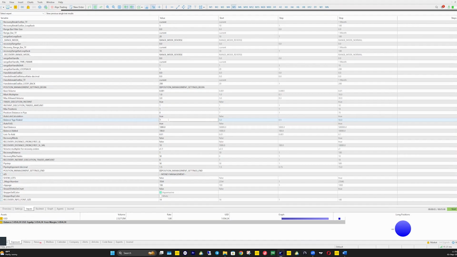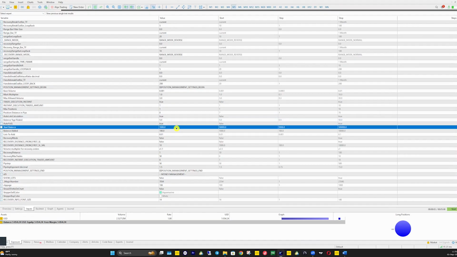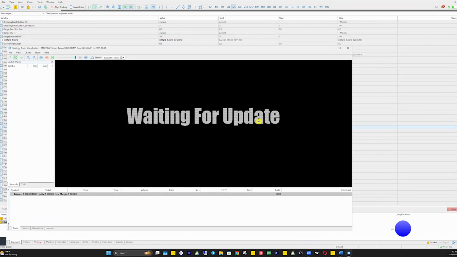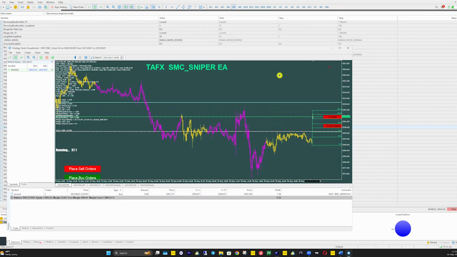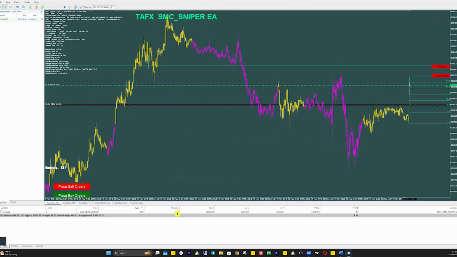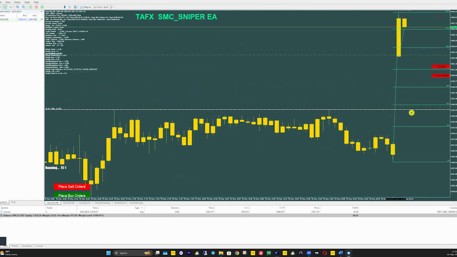Now let us close again and risk, let's say, for example, I want to risk 5% of my equity. All right. And let's see what the EA will pick this time. You can see it has picked the volume of 0.08, but the stop loss remains the same at this point. So if the market reverses and hits our stop loss at this point, this means we are going to lose 5% of our equity. But you can see the EA has picked its own lot size. So this is the highest risk